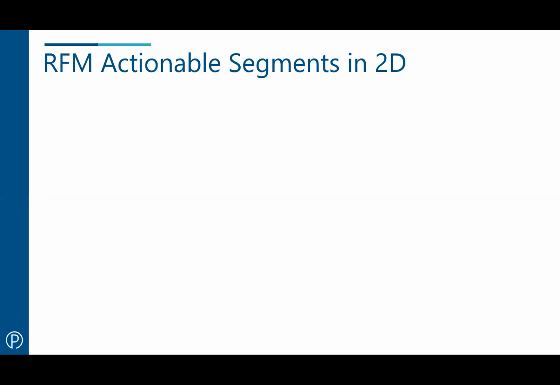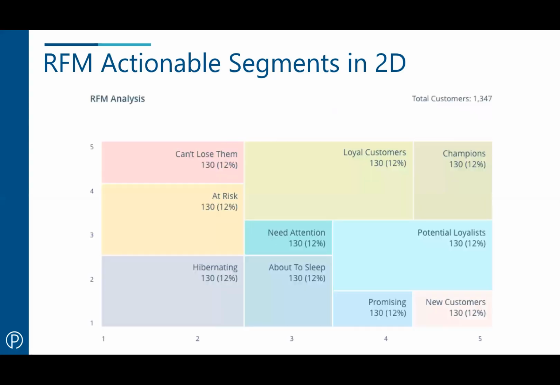One of the problems with RFM is that actually it's quite hard to work with 3D models. Human beings aren't very good at thinking in 3D, and so it's quite hard to illustrate and visualize all of that data and figure out what to do with it, especially if you want to see all three sides of a three-dimensional diagram in one go. So RFM is usually visualized by flattening that 3D diagram into a two-dimensional pictogram. And it looks something like this.